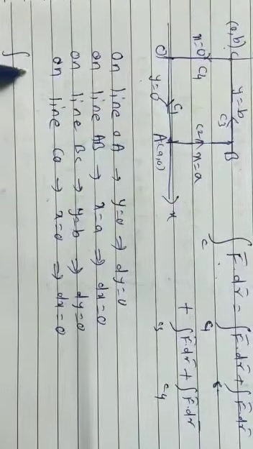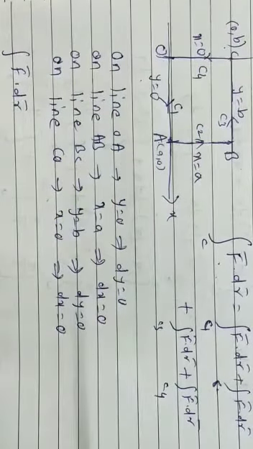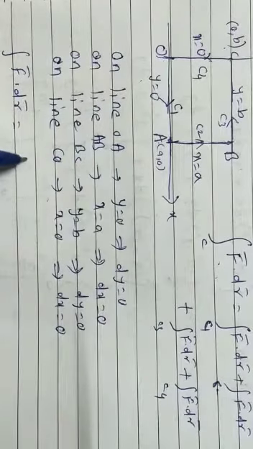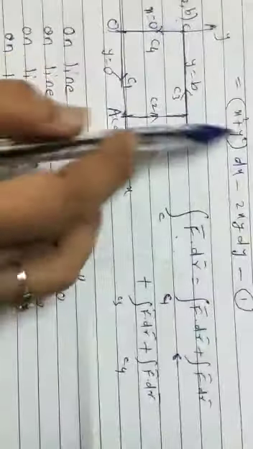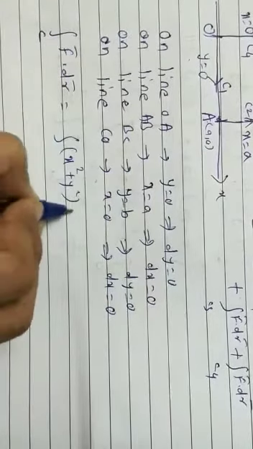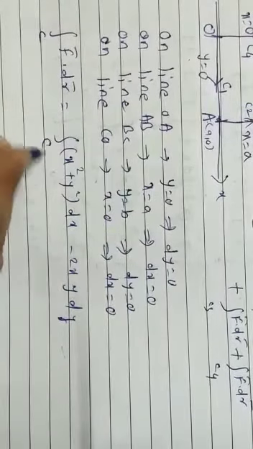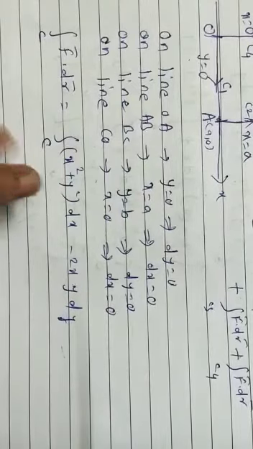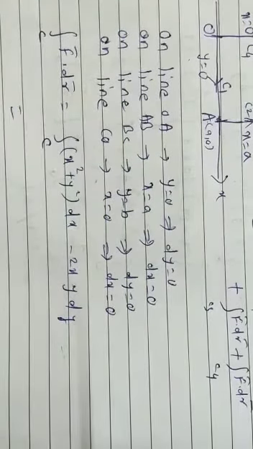So when you find out f bar dot dr bar and its integral over C, the integral f bar dot dr bar is this, students, right? Or I'll write it again here. Integral f bar dot dr bar will be x square plus y square dx minus 2xy dy, right? So this is your main equation in which you are going to make changes. Now let us see for C1 what happens.